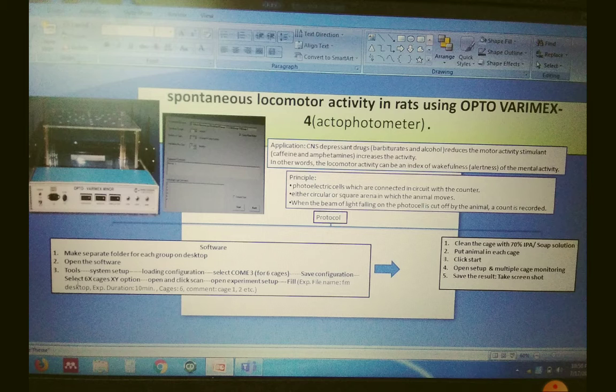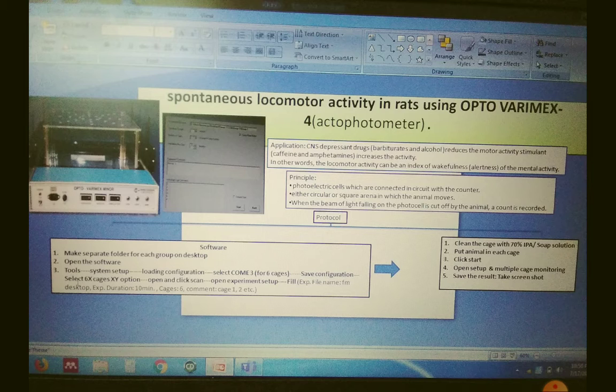So in simple words, the locomotor activity is the index of wakefulness or alertness of the mental activity. This is used in animals like rats and mice. If the animal is alert, or its mental activity is properly functioning, then it will move around this cage.